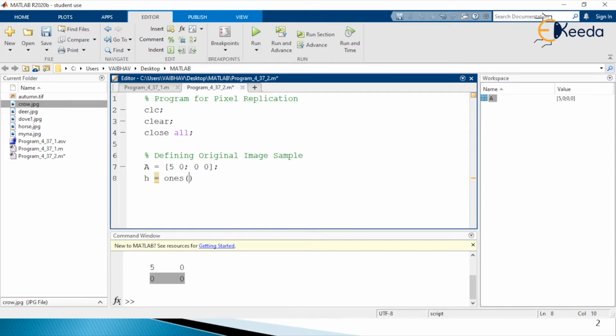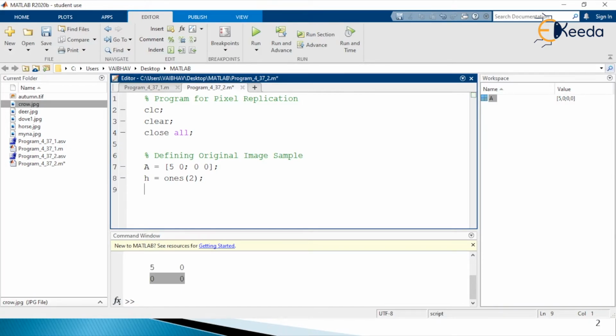As the order of the matrix is 2 here, with the help of the MATLAB syntax ones, all the values will be equal to 1. H is simply the impulse response with the help of which we are performing the convolution operation here. So h is equal to ones in the bracket, and in the bracket we have provided 2 here.